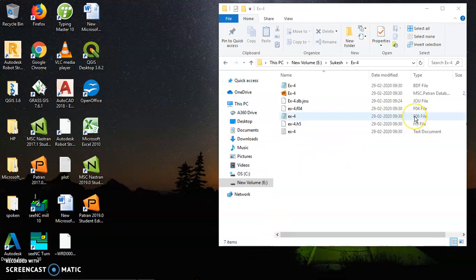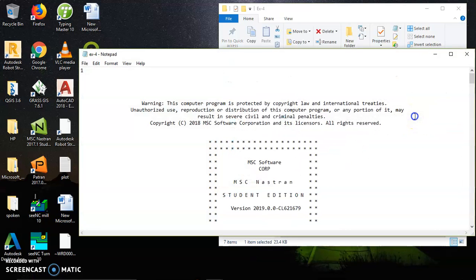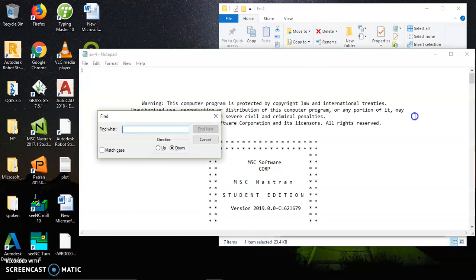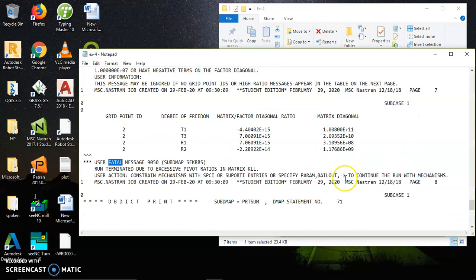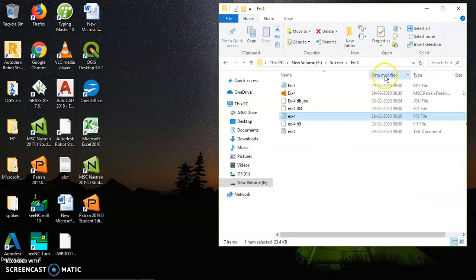It is solved. So check F06 file here. Control F. Find, that is type fatal. FATAL, enter. So there is one error for which you need to copy this. For this 9050 error, you need to copy this. Param bailout, -1.